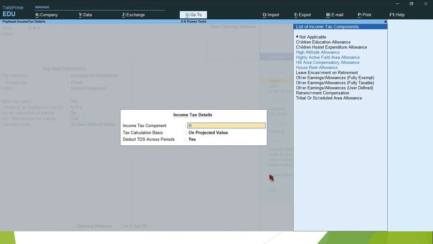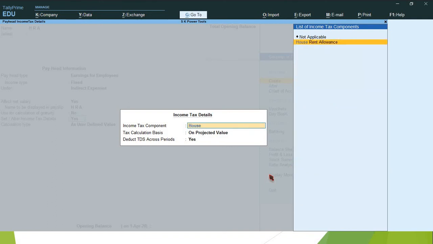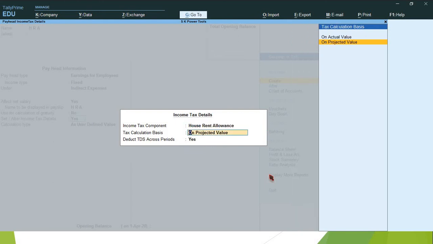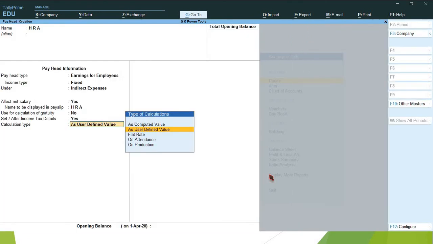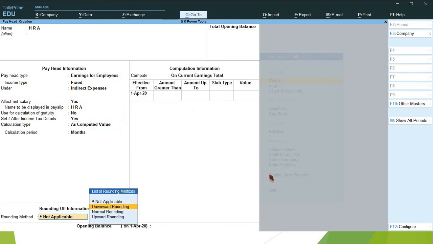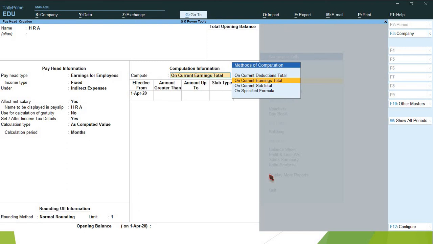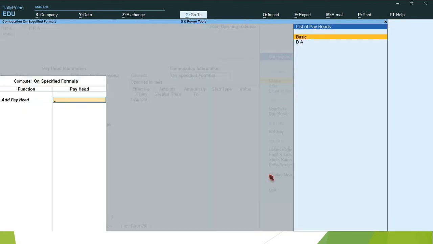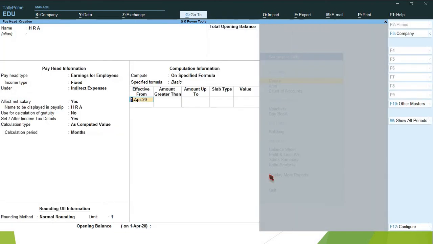Select house rent allowances in the list of income tax component on projected value. So select as computed value, normal rounding, limit 1. Select on specified formula. Select basic, enter, select percentage. I am giving 10% on basic salary for HRA. So accept it.